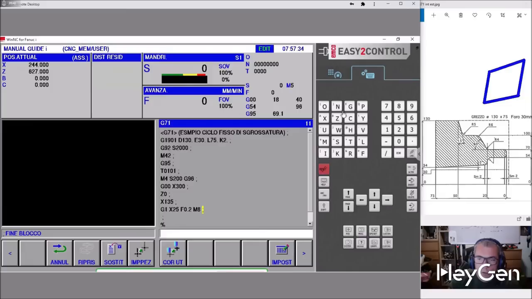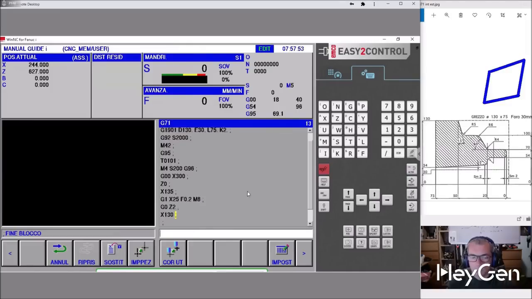Now G0, Z2. And EOB insert. X130. Here you are. I position myself 2 millimeters on the edge at the maximum outer diameter of our blank, and now it's time